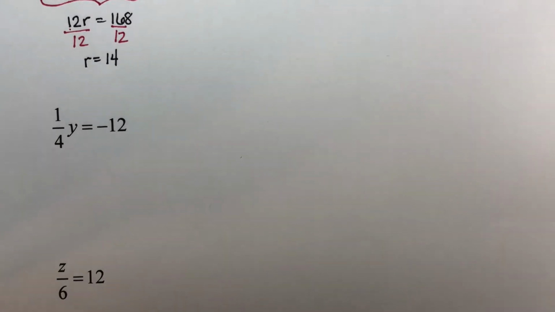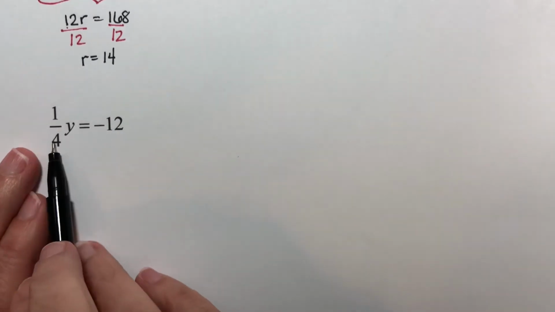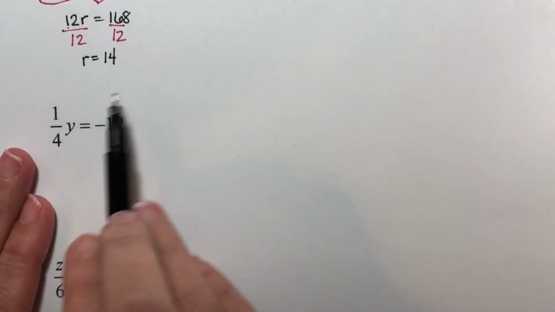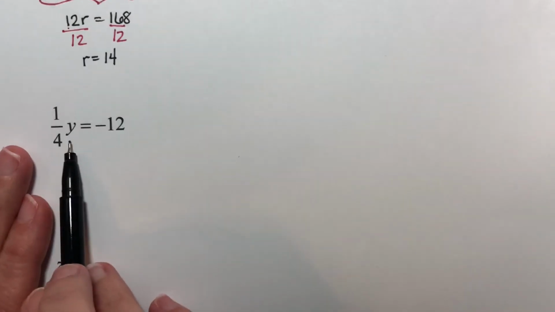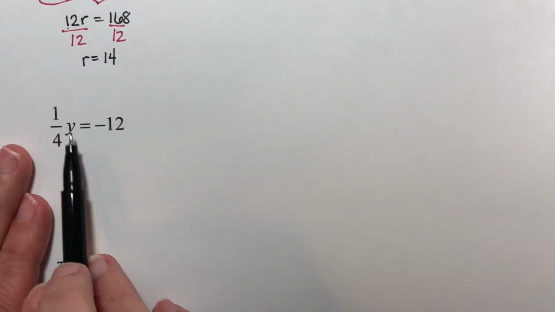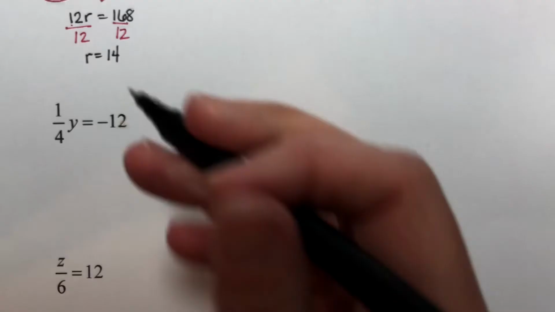We're going to have a couple of methods for dealing with fractions, but when you have simply a fraction in front of your variable, with no other variables involved, nothing added or subtracted, just this,